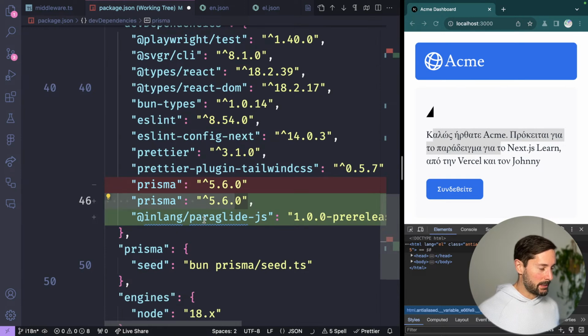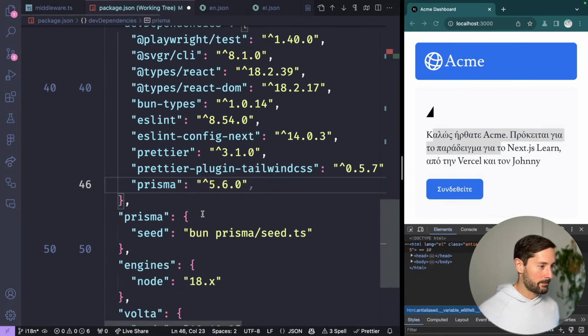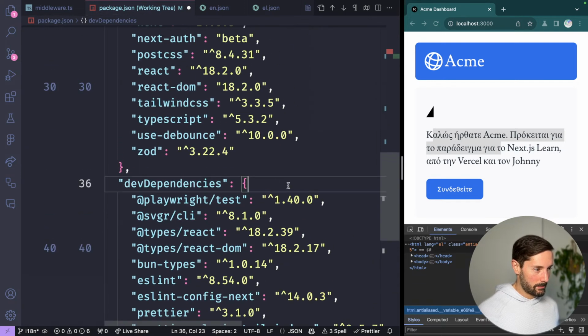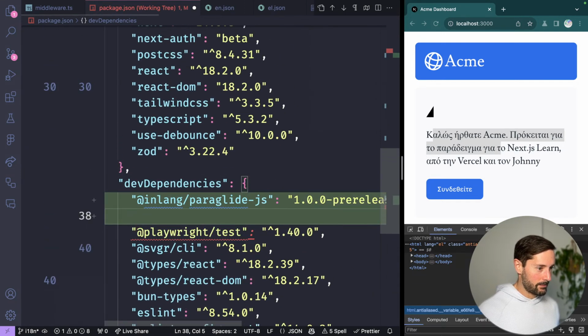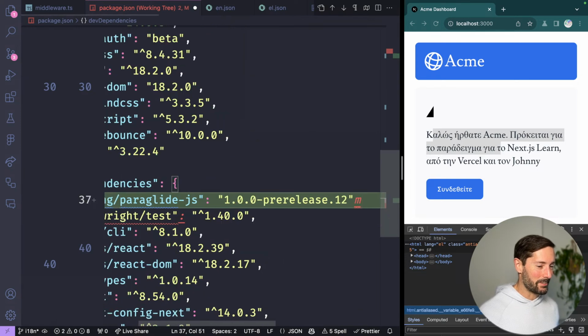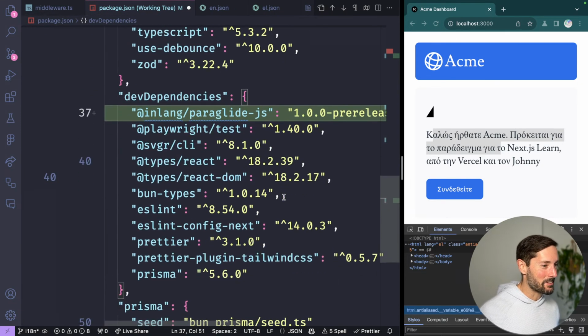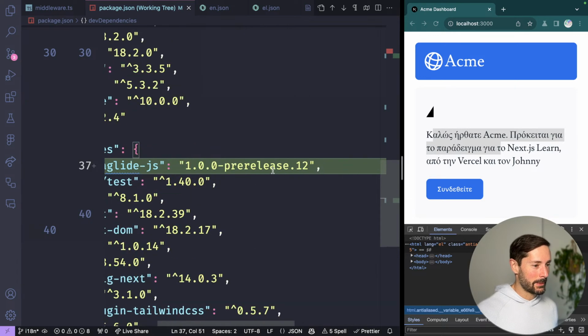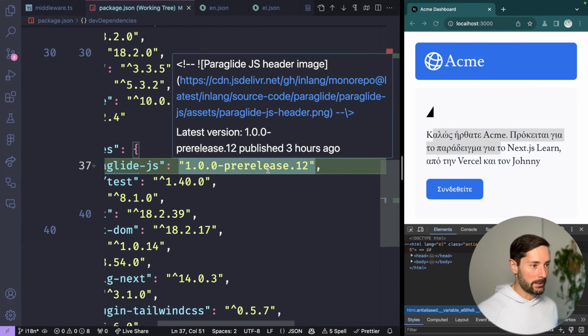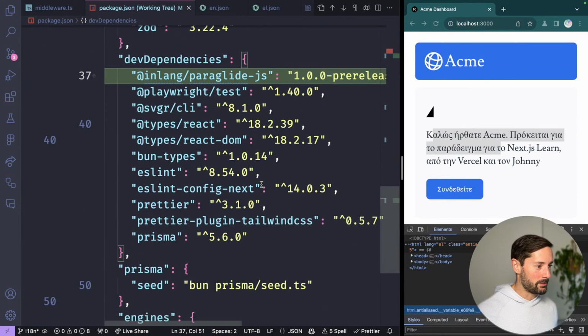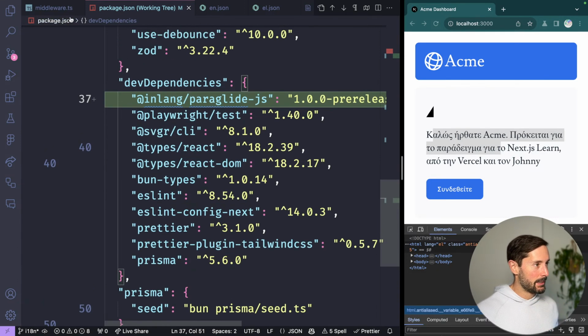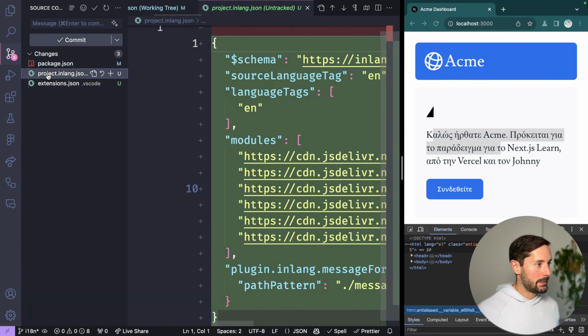It's also added the inlang Paraglide package at the end, instead of alphabetically. So that's not great. But hey, still pre-release. But they've been working hard for like the past week with this. It's been awesome work there. And they've added